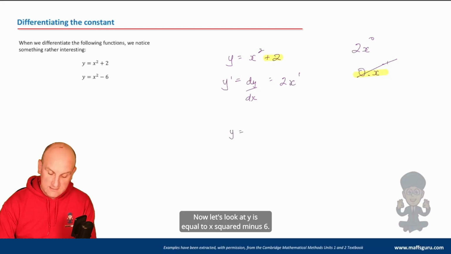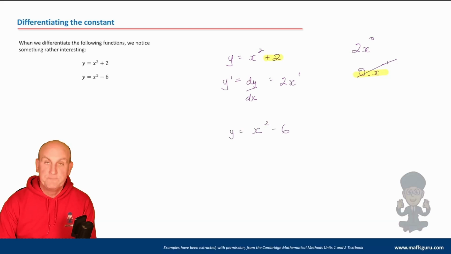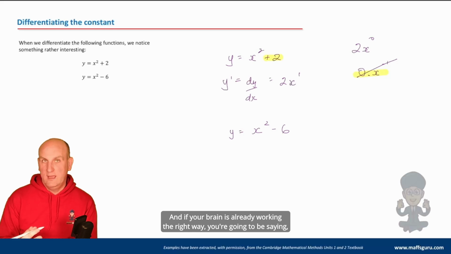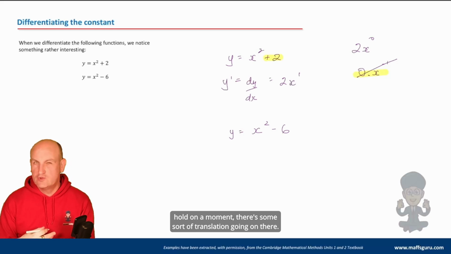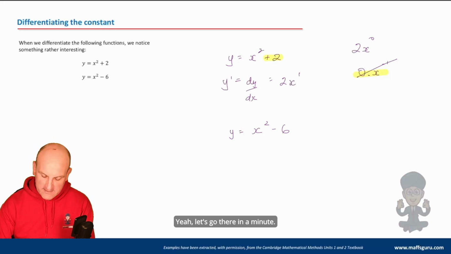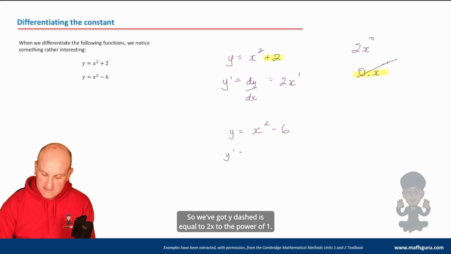Now let's look at y is equal to x squared minus 6. And if your brain is already working the right way, you're going to be saying, hold on a moment, there's some sort of translation going on there. Yeah, let's go there in a minute. So we've got y dashed is equal to